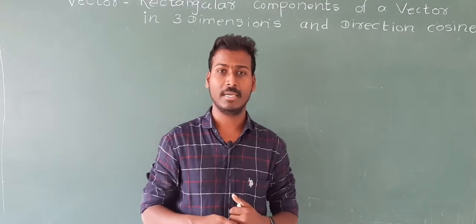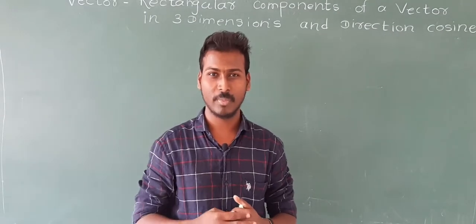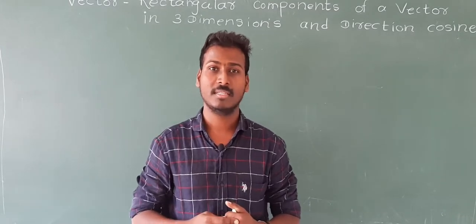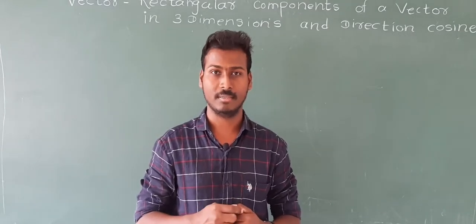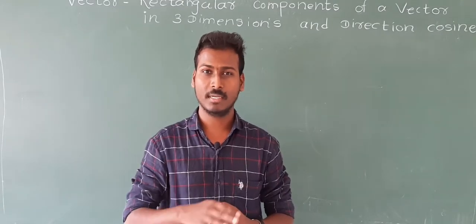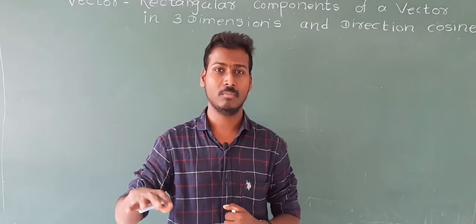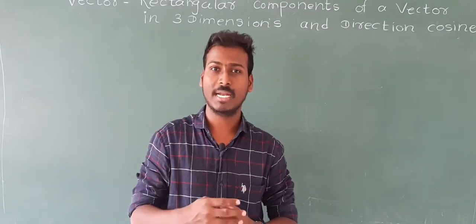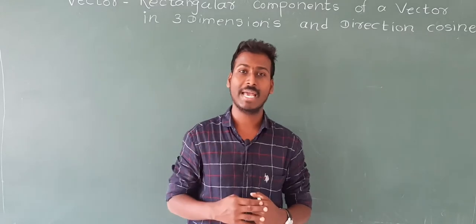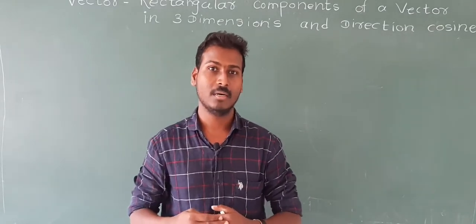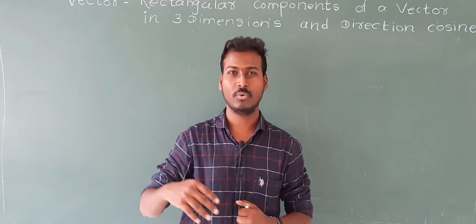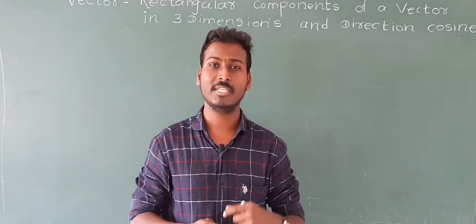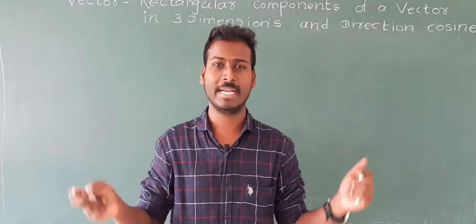Similarly, if any object is showing movement in 3 dimensions, let's say x, y and z, how do we represent that vector? Till now you covered how to represent any object's or particle's movement in a 2-dimensional space, but in 11th standard we have 3 dimensions to study. Till 10th standard you have gone through only 2 dimensions, that is the x axis and y axis only. So first of all you should know what is 1 dimension, 2 dimension and 3 dimension.